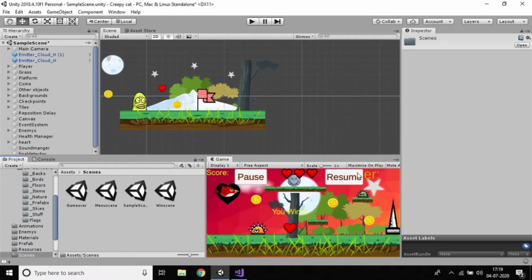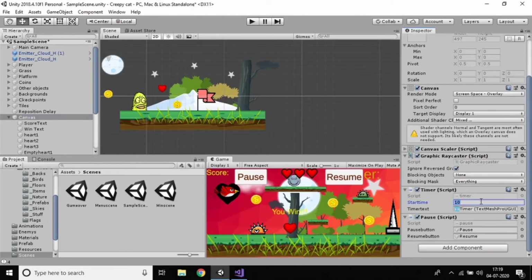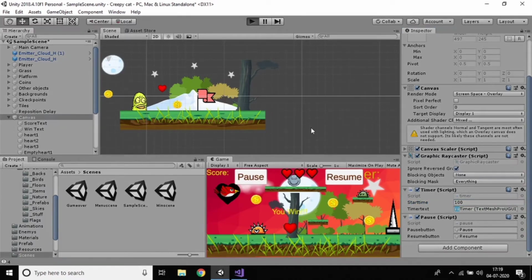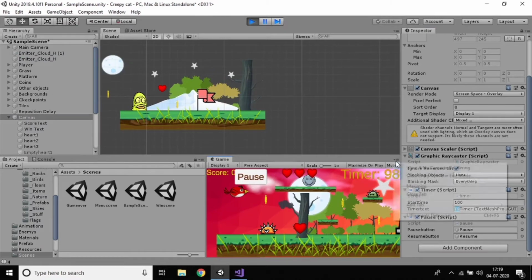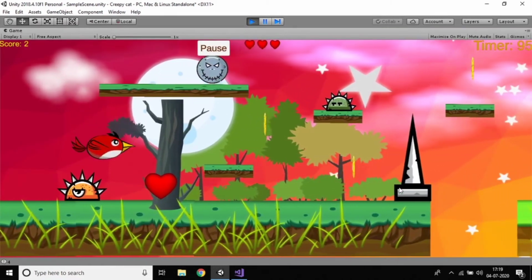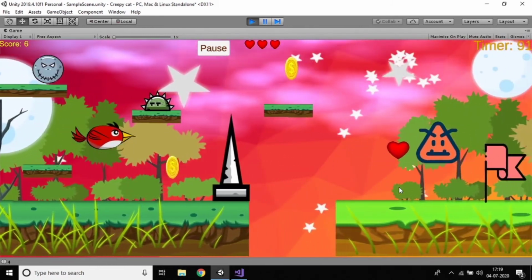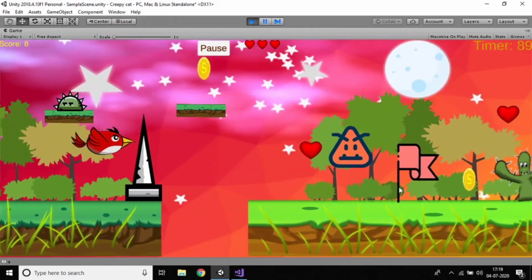Actually I want to change the timer. Go to the canvas and increase the time, like 100, because I don't want to lose the game. Just play here and maximize. This is the final touches. I think I lose.